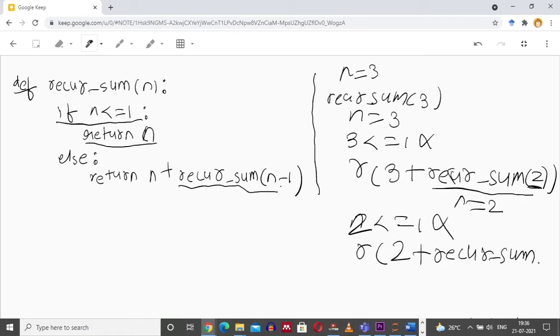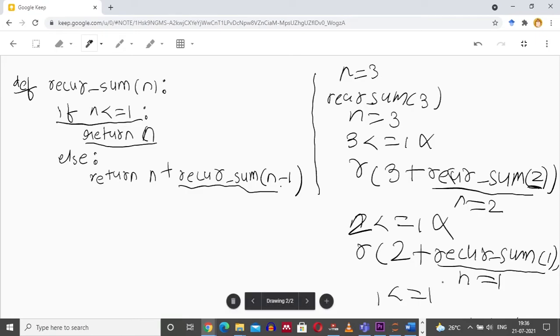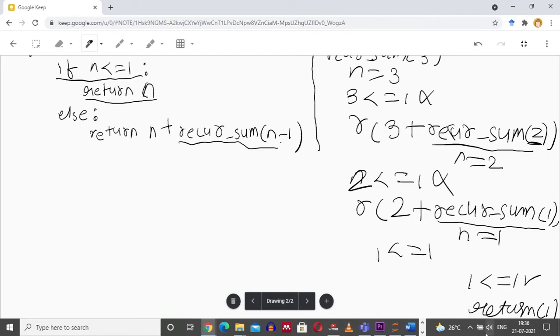If n was 2, recursive_sum of 1 will be called. Here function is invoked from its body again, therefore recursion with n value received as 1. It will check whether 1 is less than or equal to 1 or not. Condition satisfied. This is the base case.